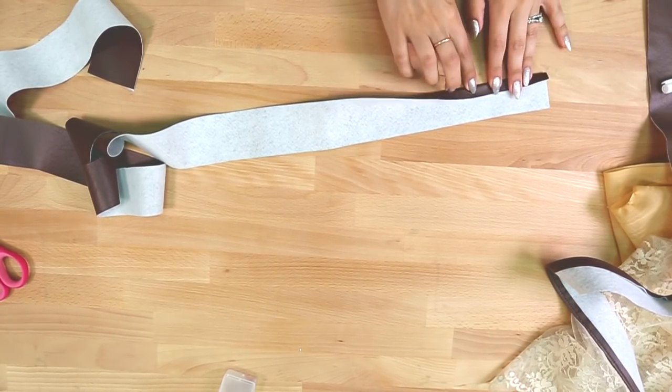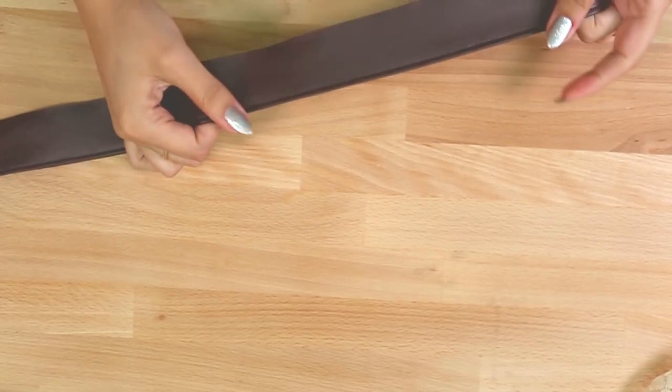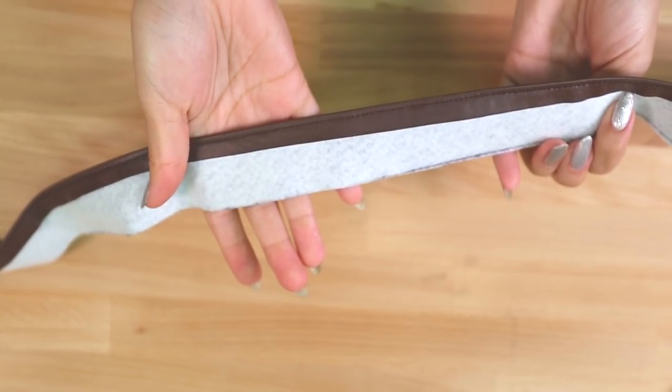So what we're gonna do is we're gonna fold each of the ends inwards, and we're going to hem the edges in. So I'm gonna do this off camera, and I just went ahead and did this with a sewing machine, and it looks something like this. And you're gonna go ahead and repeat that for the other side